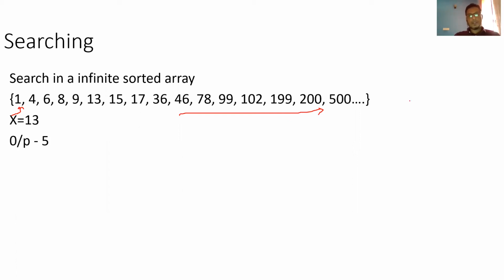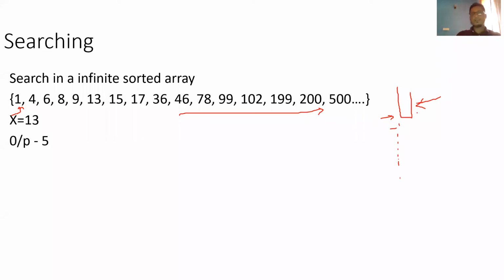Can it be doable, right? In one thread the array keeps growing, items keep being added into the array, and in another place you are searching for an element in that array. This happens in real life. So when you say items are getting added, do you mean only larger numbers would be added, so the array grows only on the right side, or it can grow in between or anywhere? Yes, it grows on the right side only.